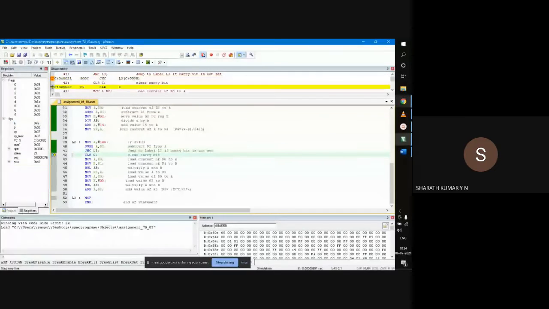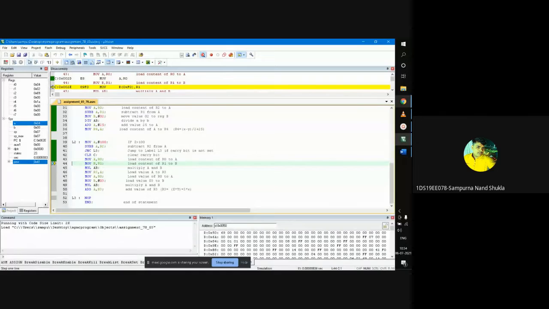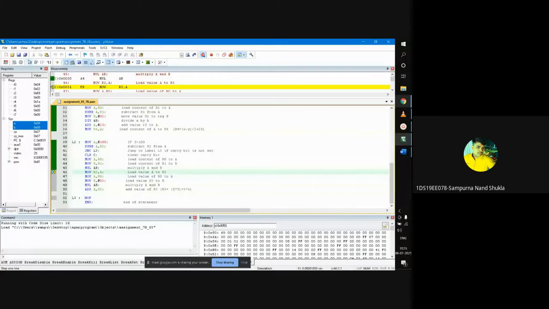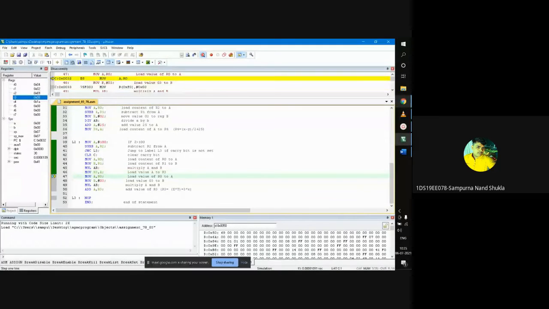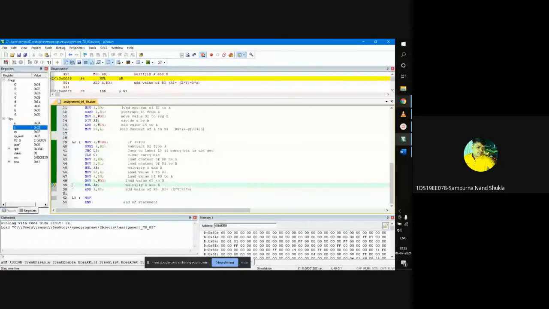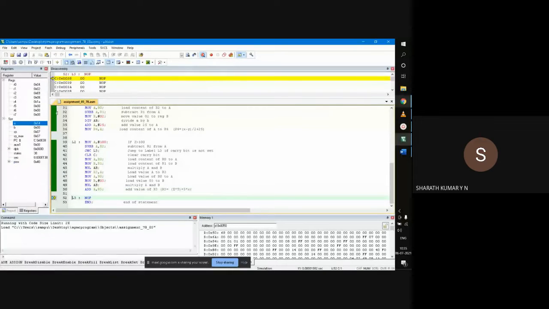Okay. So it will move the value of x to A, and then the value of y to B, and then it will multiply x into y. Then the result of x into y, it will move to R3. After that, it will move the value of x into A and the value 3 into B. And then it multiplies 3x, and after it, it will add the value of 3x plus x into y and put it all in the accumulator. So the result will be in the accumulator. Okay. Yes.